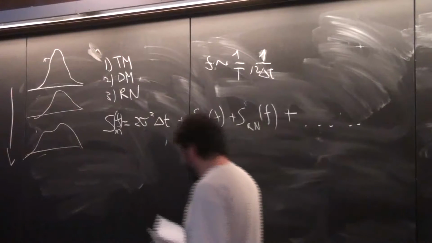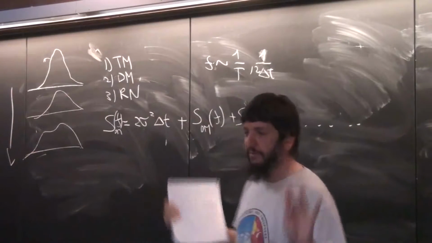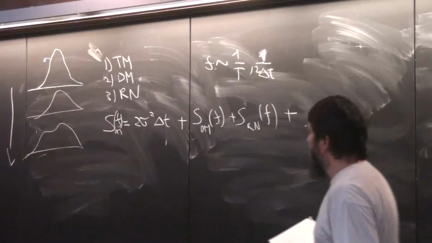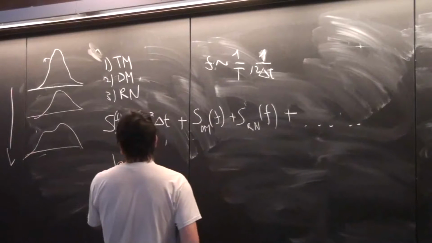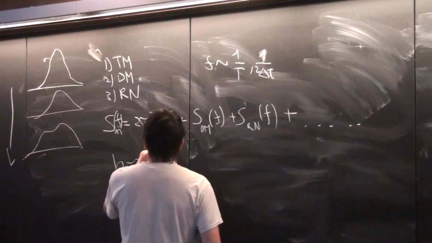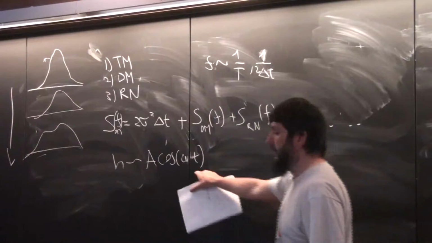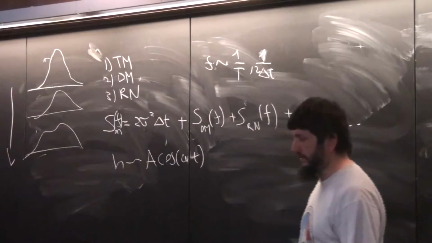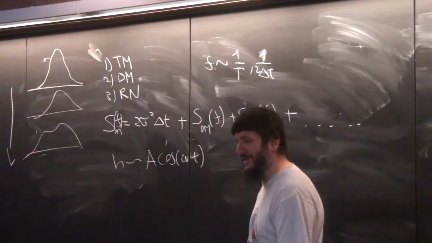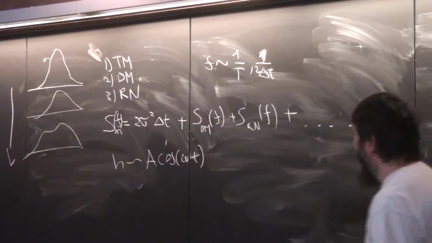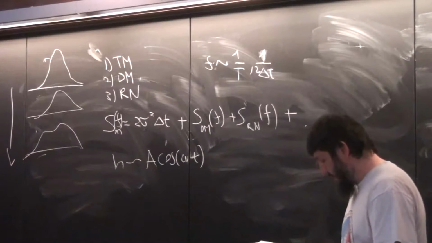So massive black hole binaries are systems that are defined by basically two masses and a separation for any purpose, and they emit a gravitational wave h, okay, which is something that goes with an amplitude, okay, times the cosine of omega t. So omega is the angular frequency of your binary. Okay. Now, of course, I'm not going into the derivation or anything, but